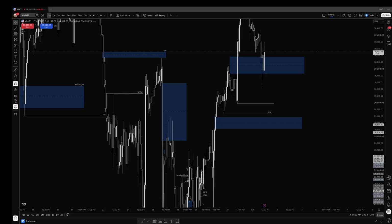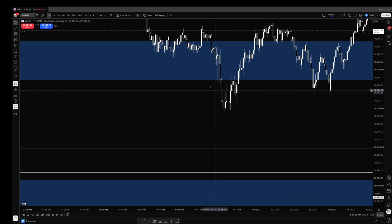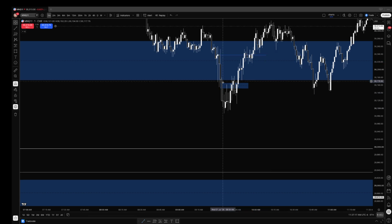We did not. We had this move lower, chopped around. There's actually a setup with my model, but it was pretty shit. If you took it, it's not the end of the world. It's sort of a pattern trade, but I'll show you why. So we came down, formed